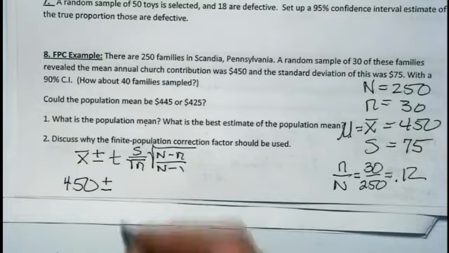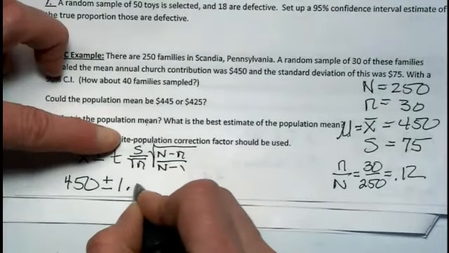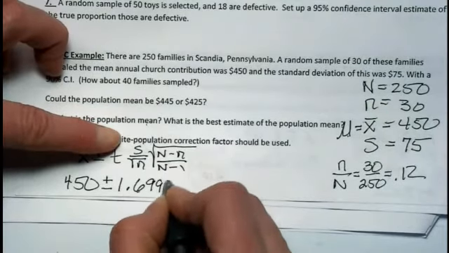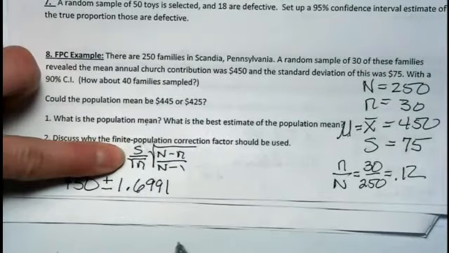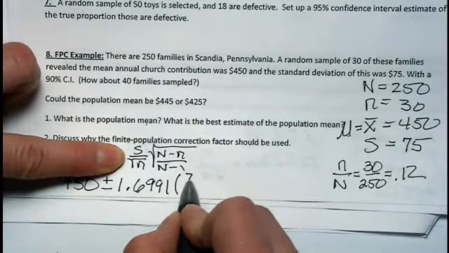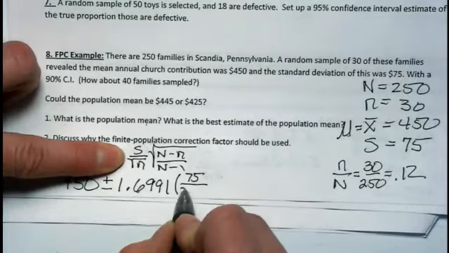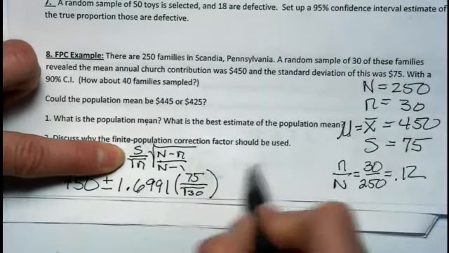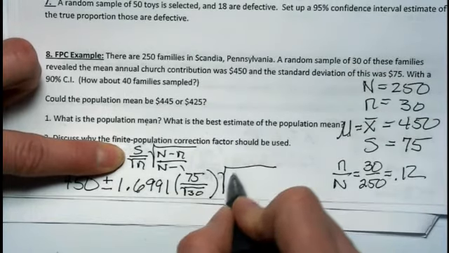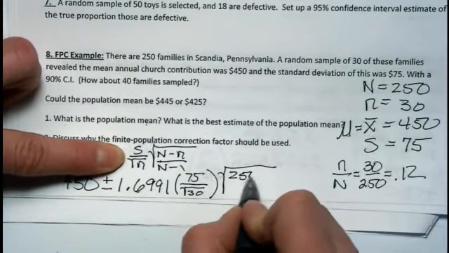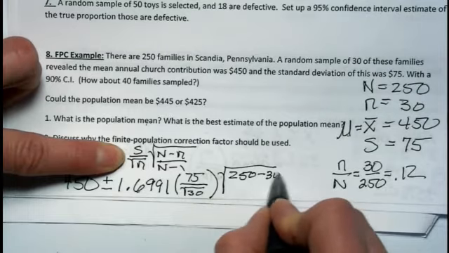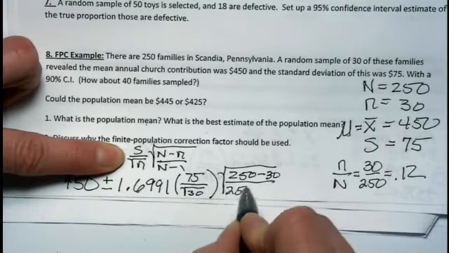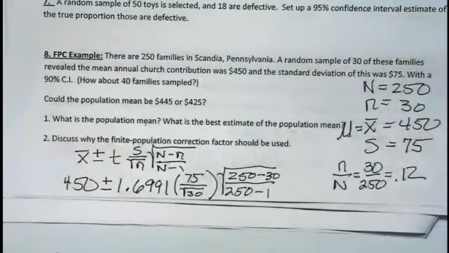So our t value is 1.6991. Standard deviation is 75 divided by the square root of the sample size. And now our FPC: 250 minus 30, over 250 minus 1. When we do that calculation,